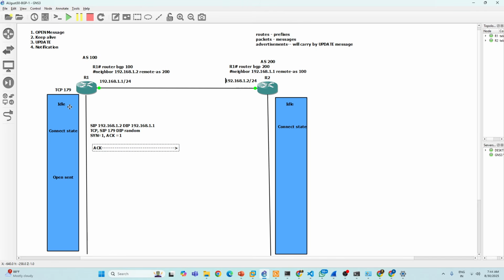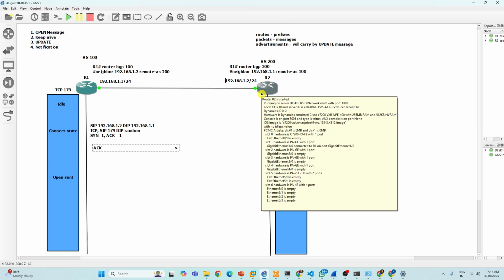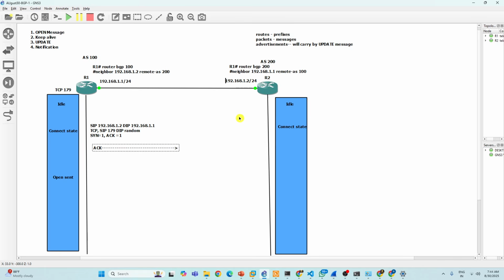So in idle, it will send a SYN segment to R2. R2 matches all parameters and responds with SYN-ACK. Immediately R1 sends an acknowledgement for this SYN to R2, and then moves to Open Sent state.